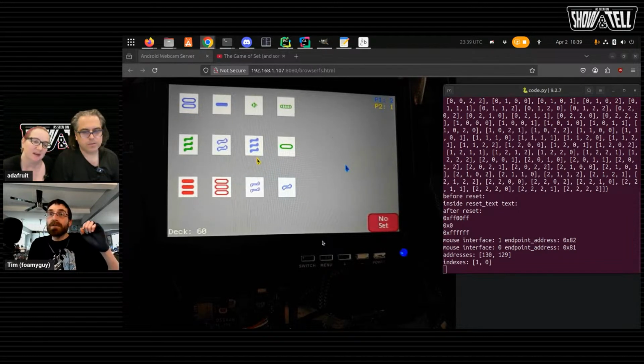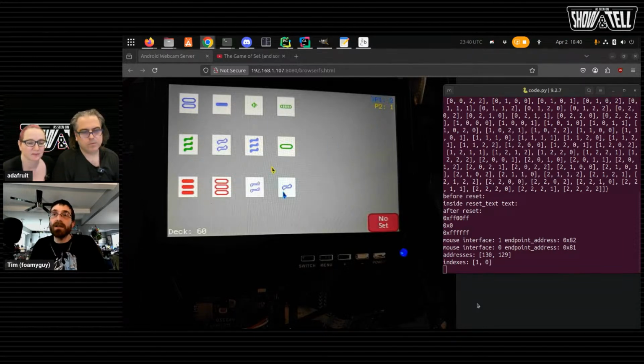Okay. So I've been working on the Set card game. It's running on the 350 today. For anyone who doesn't know the way the game works, you look for sets of 3 cards, and I have it set up with two mice here. So I have the USB hub, and I have 2 mice connected to that, and then I can move them both around independently. And the way it works is you call set by right-clicking, which puts a little arrow by